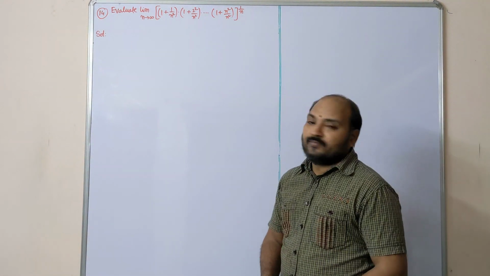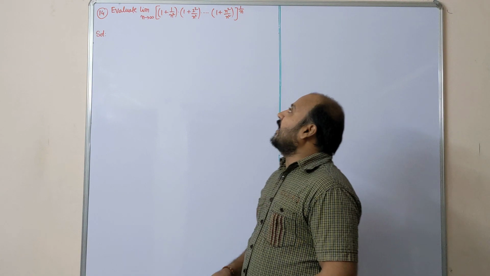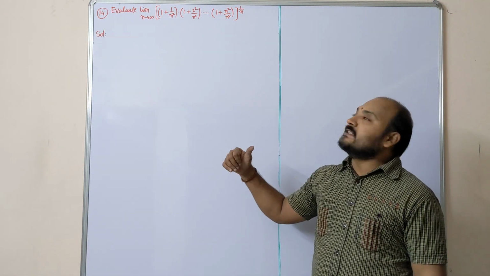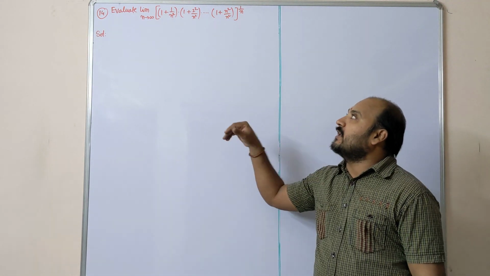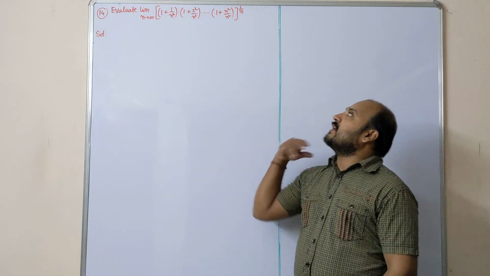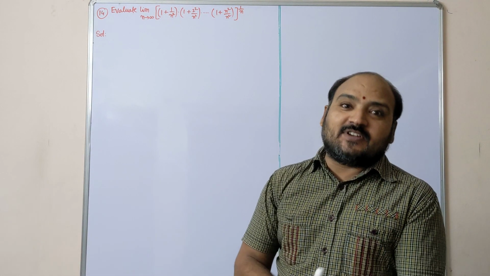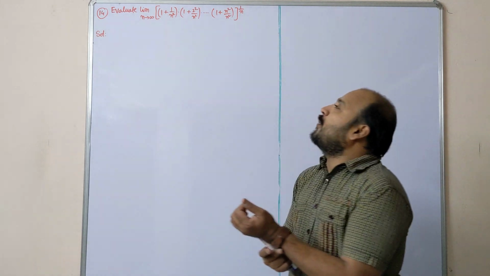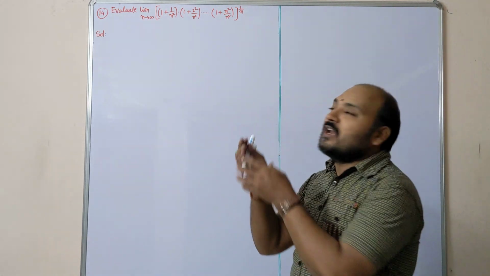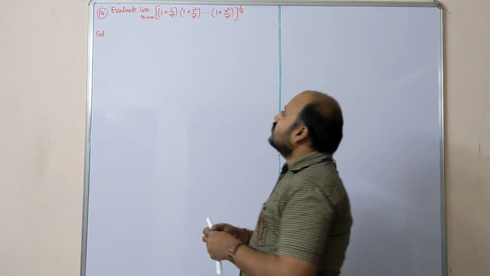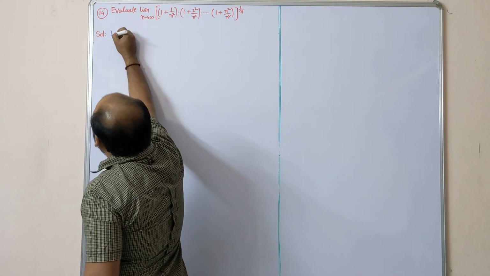The next question: limit n tends to infinity of (1 plus 1 by n square) into (1 plus 2 square by n square) and so on (1 plus n square by n square) whole power 1 by n. I already discussed in the first video, dear students, whenever whole power 1 by n is there, the given limit we can take as p. So first let p equal to